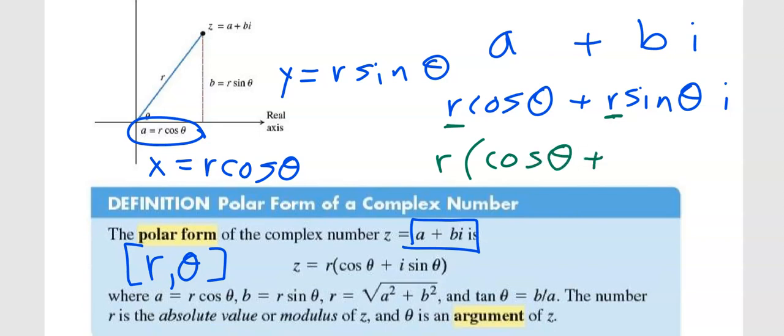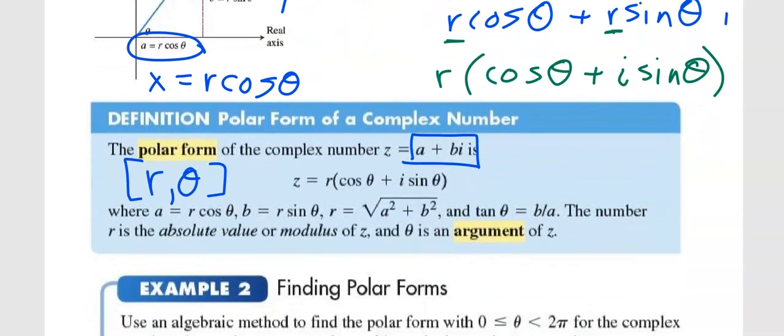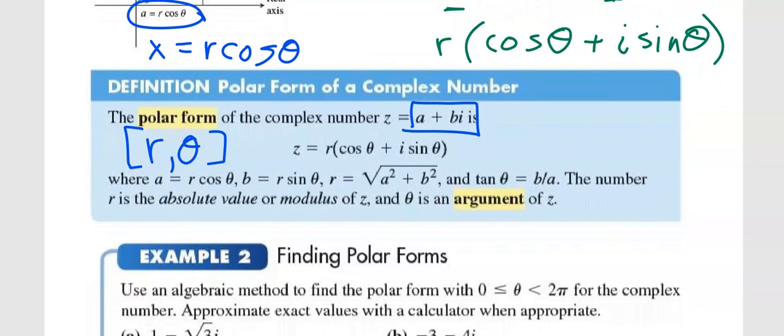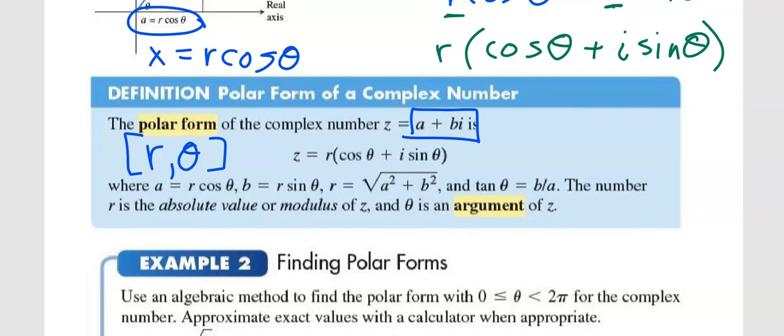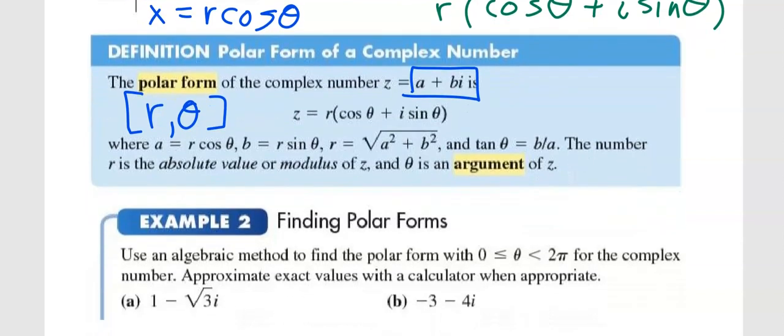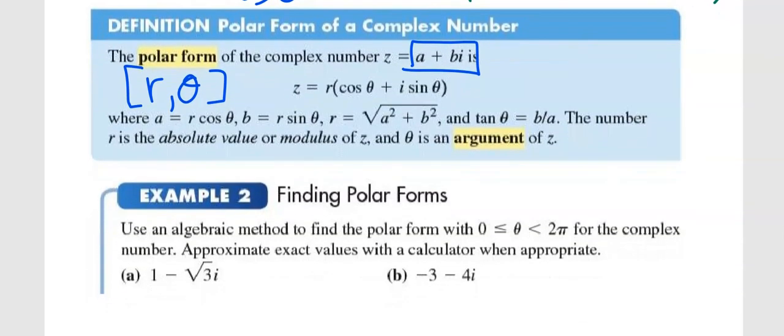Now, don't ask me why they do this, but they like to put the i in front. So they say i sine theta. I think it's so that we don't think that i goes with theta. I think that's kind of the reason why they do that. But when we actually put in values for sine theta and cosine theta, we'll see that the i goes after. But anyway,